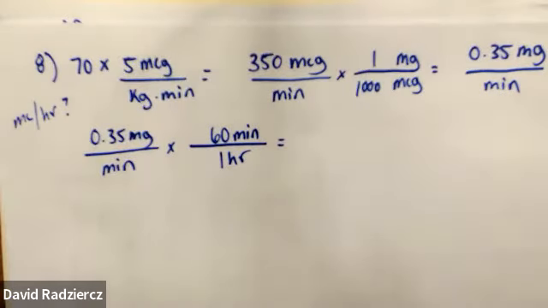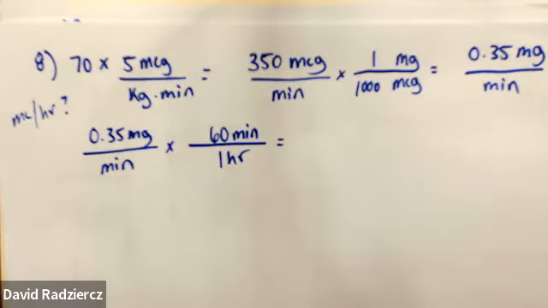I actually did this a little bit differently earlier today. So when I post the video, you can review the 240 video from earlier today. It'll be like 240 review part 1, and this would be part 2. That way you can see the difference, but we're going to come up with the same answer no matter what. So 60 times 0.35 will give me 21